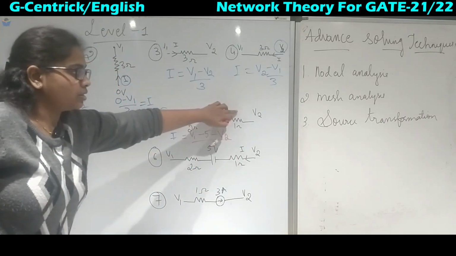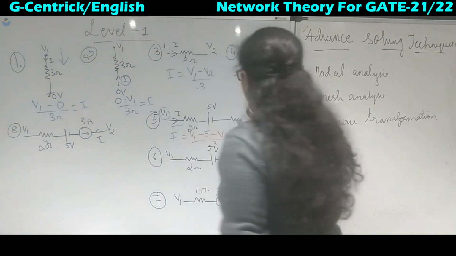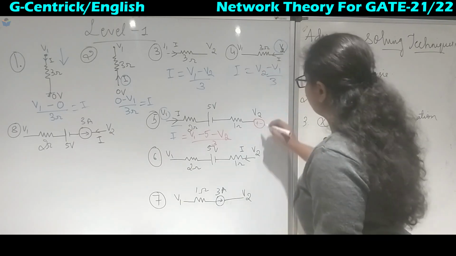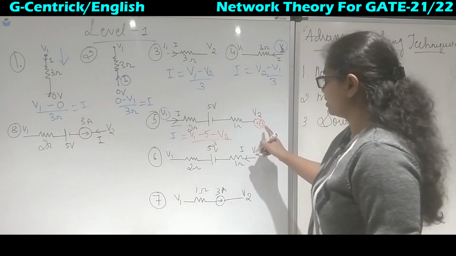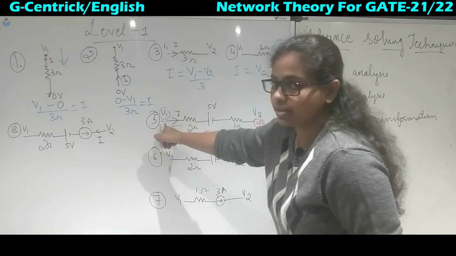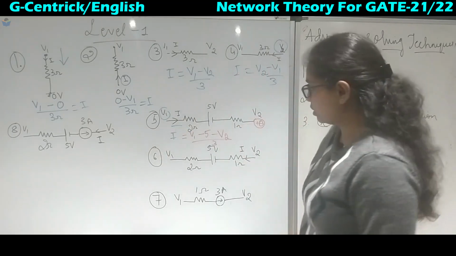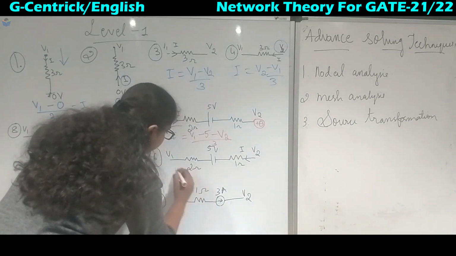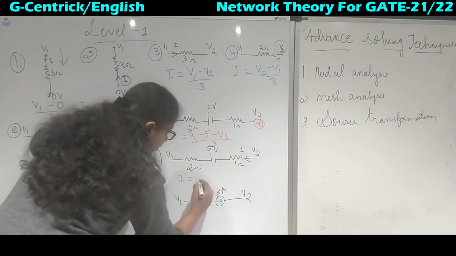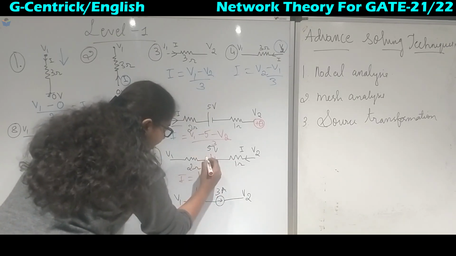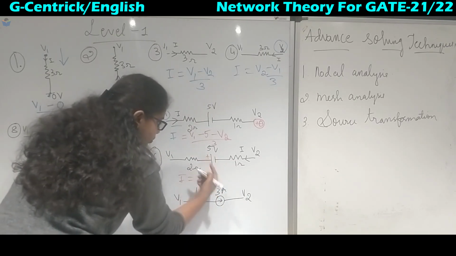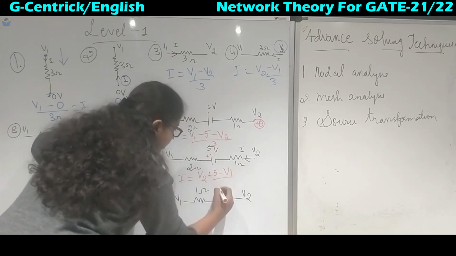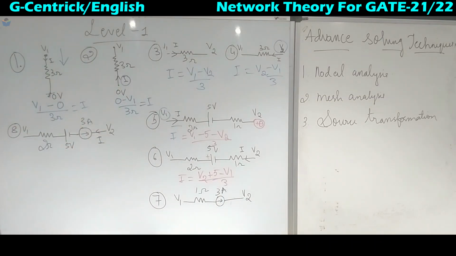So why has this become V2 negative? We have seen in earlier lectures that when we connect a voltage source, we take the sign that comes afterwards. Here it is plus, so if this is plus then it should be minus. Similarly, coming to the sixth problem, now the current is flowing in this direction, so it will be V2. Now the polarity has changed, so we take plus 5 minus V1, upon the summation of the resistors, that is 3 ohms.